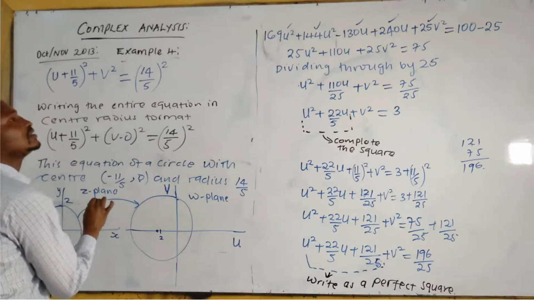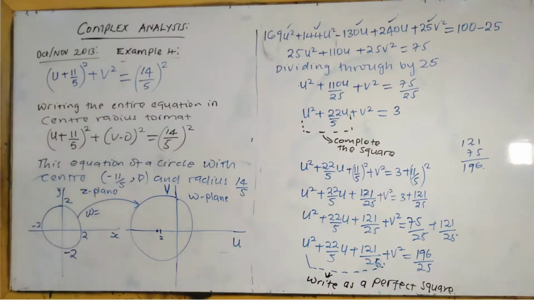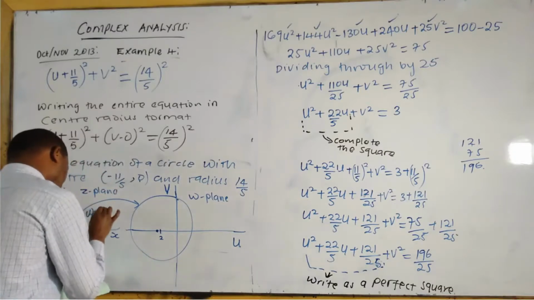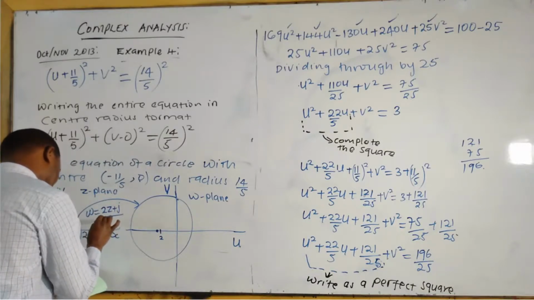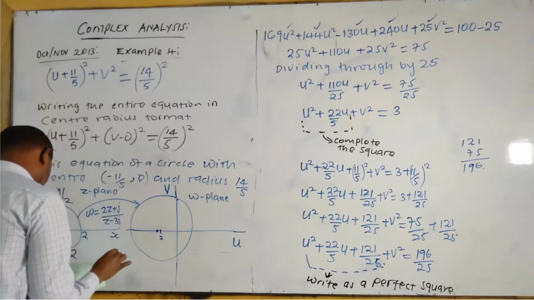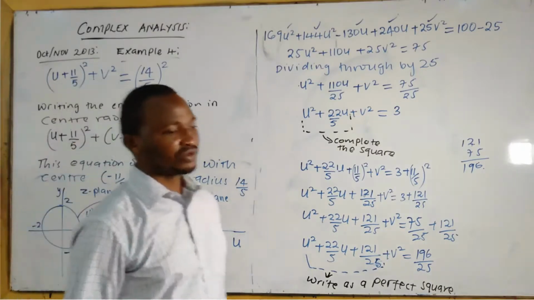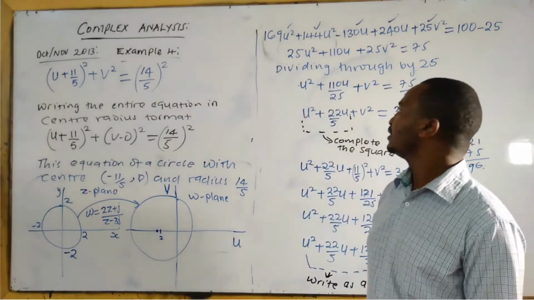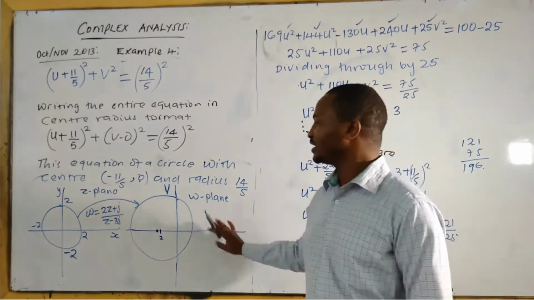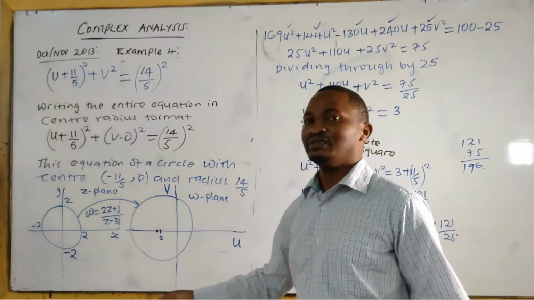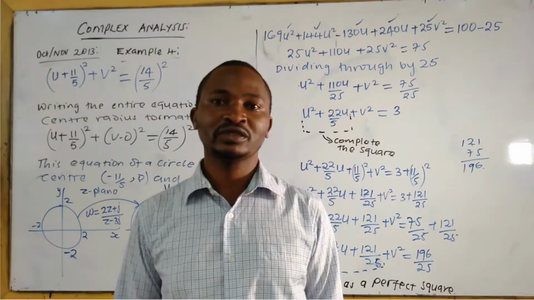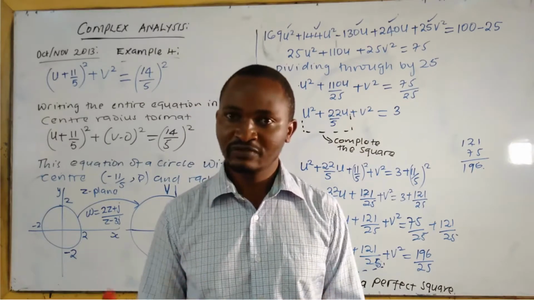W is equal to what? It was on the past paper: 2z plus j over z minus 3j. You can see this question is 11 marks, so it has taken us quite some time. I think you can leave it at this point, for the sake of other questions. So continue watching the videos.